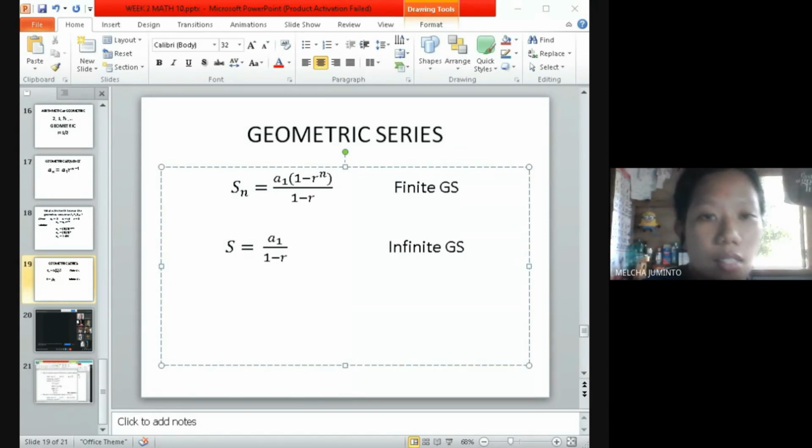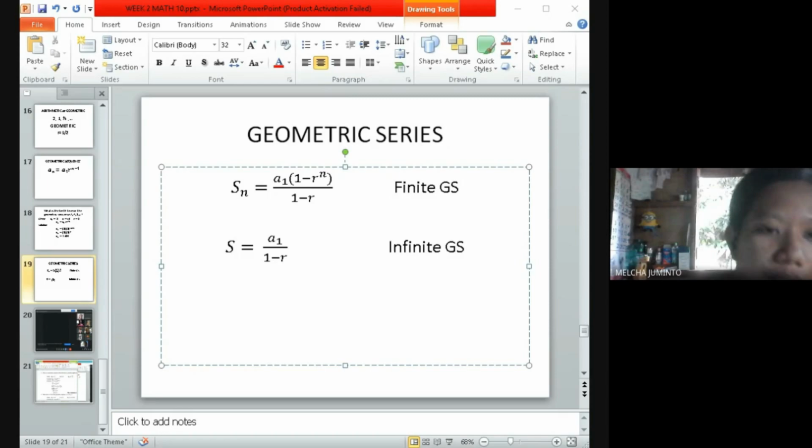Next, for the second problem, this is infinite. Sum of the sequence 3 over 10, 3 over 100, 3 over 1000. The sequence is infinite. Therefore, we use the second formula. The first term is 3 over 10, r is 1 over 100. And then, we use the formula. Therefore, the sum is 1/3. So, do the same. Apply the formulas in answering